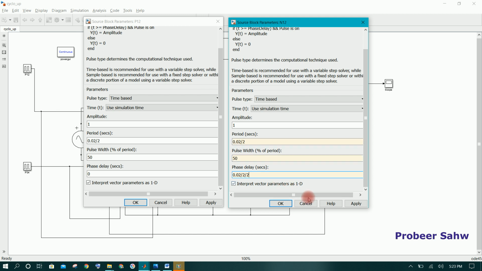So what we are seeing is that N group thyristors will have a delay of half the time, right? So total time period is 0.02 divided by 2. It should be divided by 2. So we are using brackets so that it makes sense. So 0.02 divided by 2 is the total time, and it should have a delay of 2. We set this.